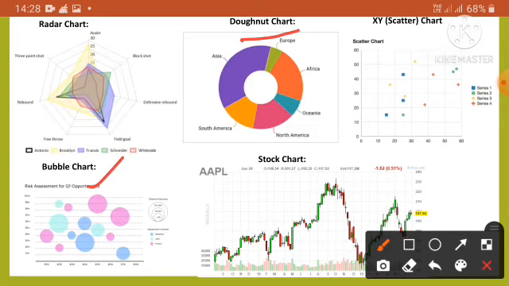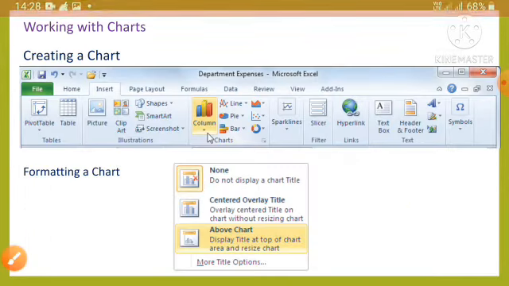The size of the bubbles in a bubble chart is determined by the values of the third data series. And the last chart here is the stock chart. The stock chart is used to show the fluctuation of stock prices. However, this chart may also be used to represent scientific data. It is important to organize the data of a stock chart very carefully.